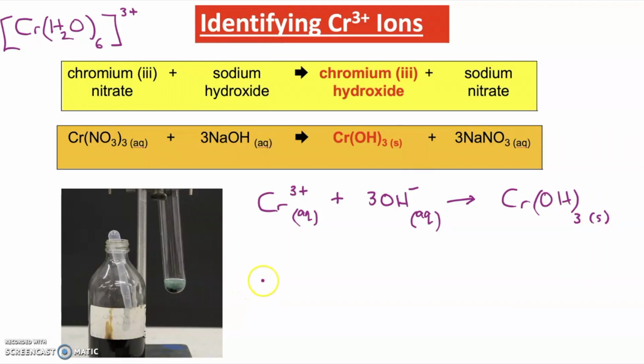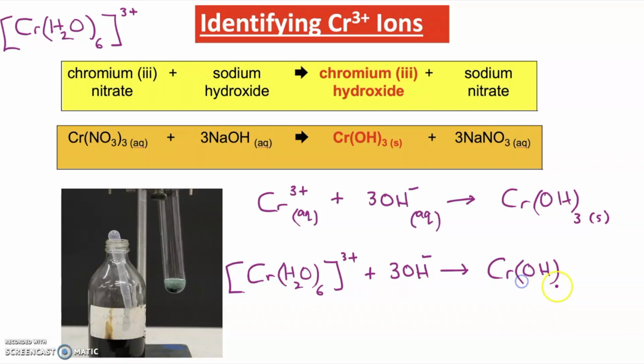And the state symbols here would be aqueous for the two reactants and s, solid, for the precipitate that forms. Now, as I mentioned previously, it's more correct really to think of the Cr3+ ion being surrounded by water ligands and forming a transition metal complex. So we can also write an ionic equation by using these transition metal complexes instead of just the ions. And if we do this, we would have the following equation: